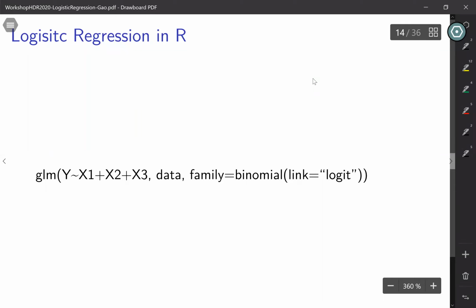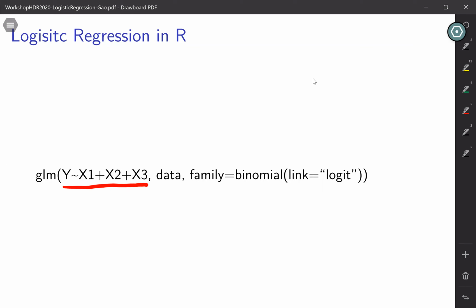So here, let me just explain the most common ones. So here, first of all, what is this? If you have used R to conduct ordinary linear regression models, you may be familiar with this. So the left side of this,